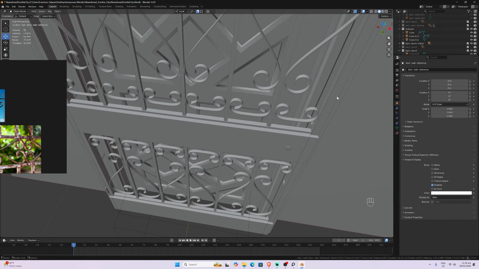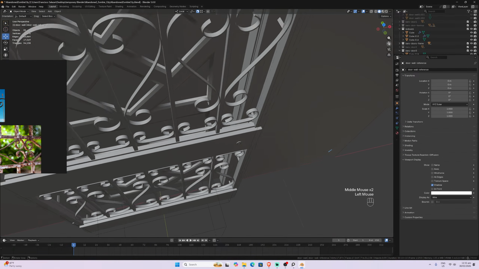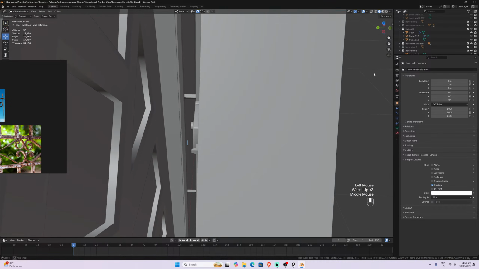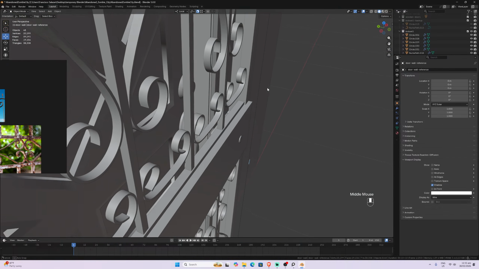And for this one, let's see the lock set for the inside door. No, this is too simple. This one is too formal. This one could work. Lock set 2. This one, lock set 1. Let's go with lock set 1.